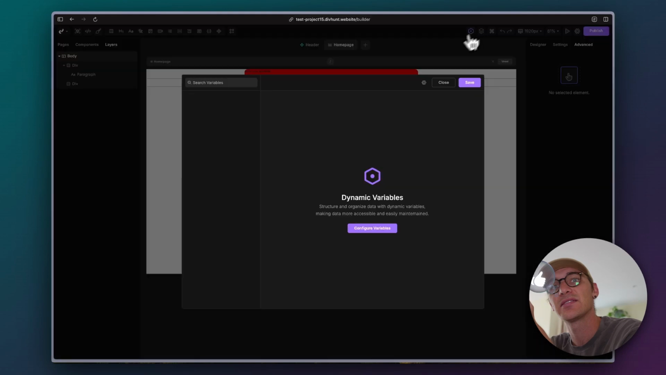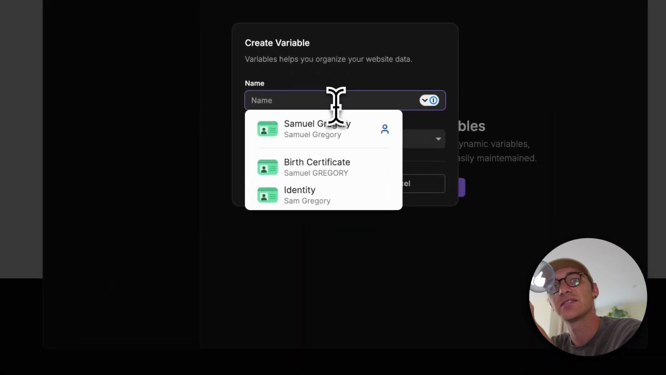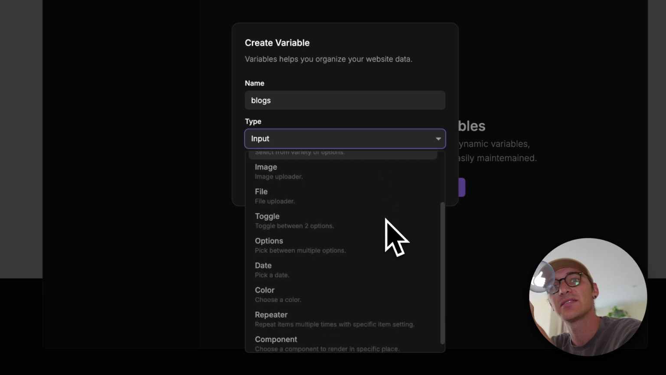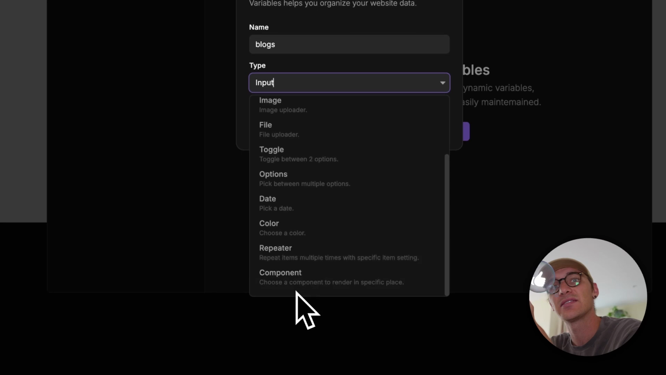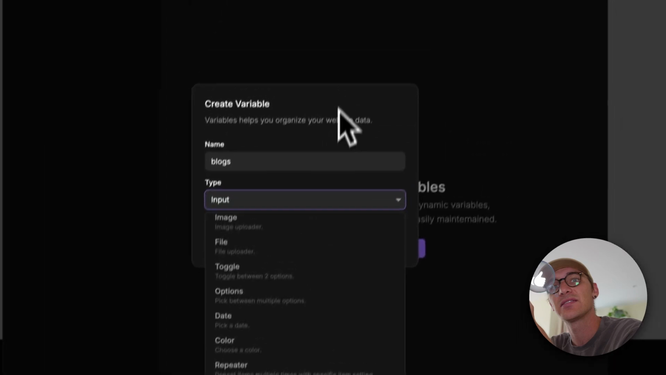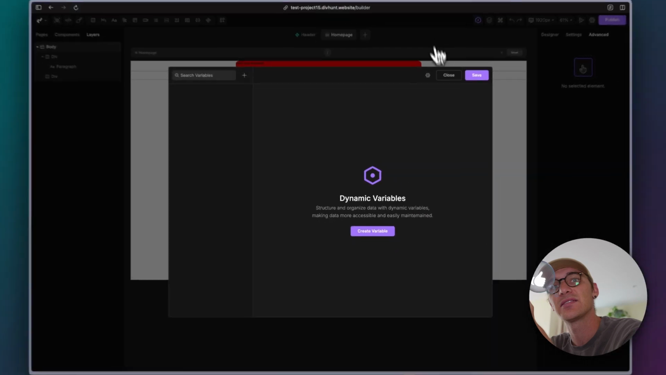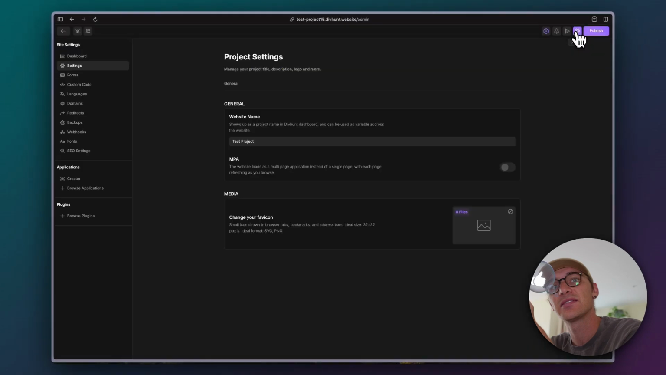workflows, variables. Now, is variables, because this could be your CMS. Let's go blogs, whatever. Type input. Options. Repeat an item multiple times. Choose a component to render. It's really hard to see. Using component to render a specific place. That's interesting because then you can, I guess, restrict the components that are allowed there, which is quite cool. So this is not what I'm looking for. I'm looking for a CMS,